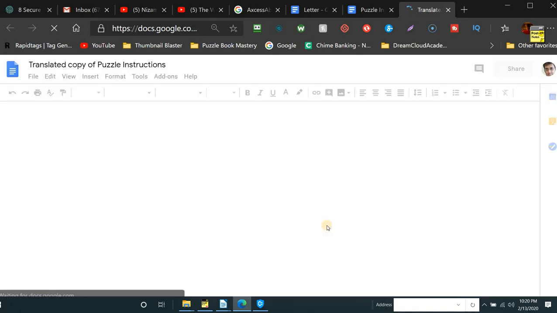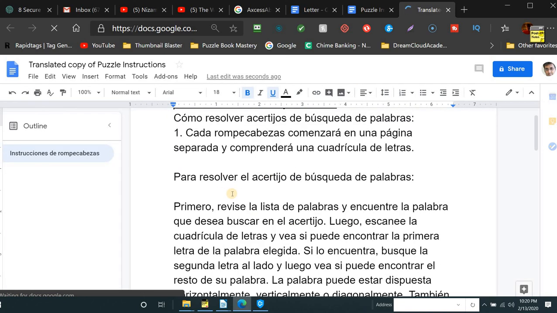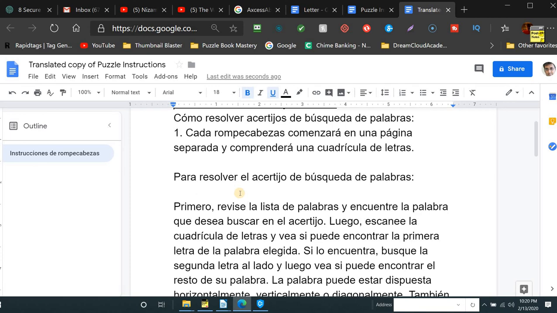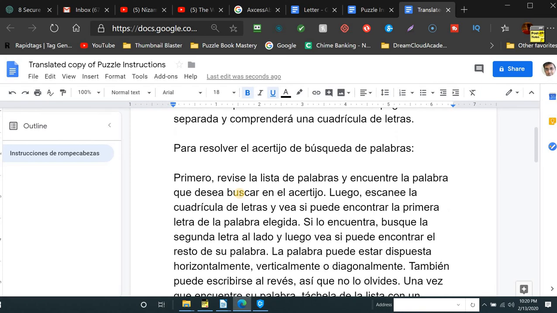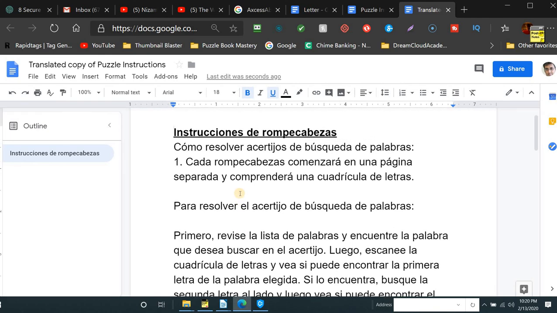and the document should come back fully translated in Spanish. And there you go. My Spanish is not too good, but if I tried reading it, instrucciones de, that's a long word. Yeah, this should be Spanish. An actual Spanish speaker will know whether this is correct without any errors, but you should check for errors or get a proofreader to read this in Spanish and make sure it translates well.